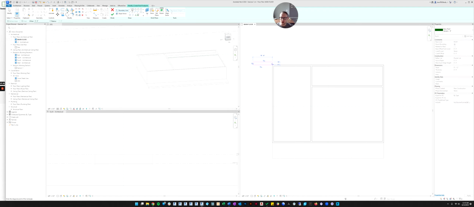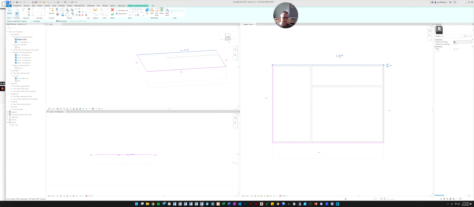I picked the rectangle command, and I'm just going to pick the outside walls to create the edge of the roof. And there we go. Now I'm going to hit escape to get out of the drawing tool. Now you'll notice on roof sketches there's this little triangle, and that's to let you know that it's going to slope that edge of the roof automatically.